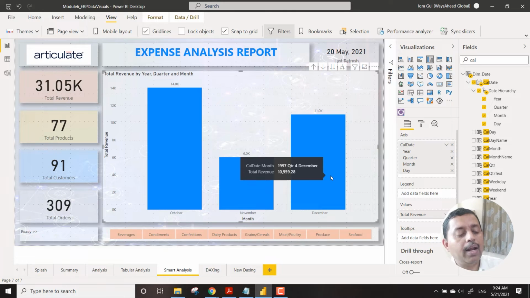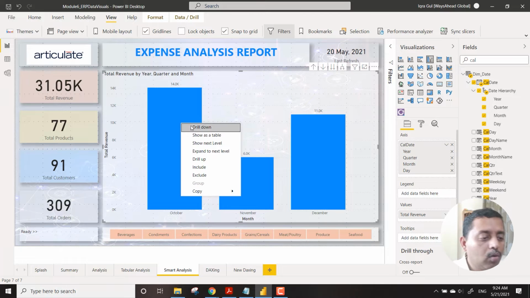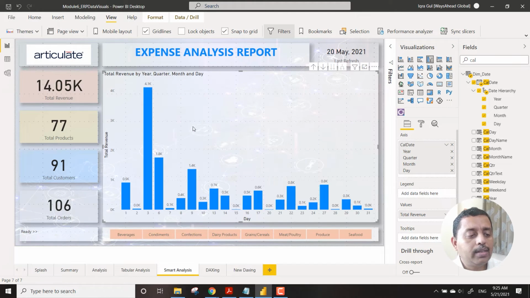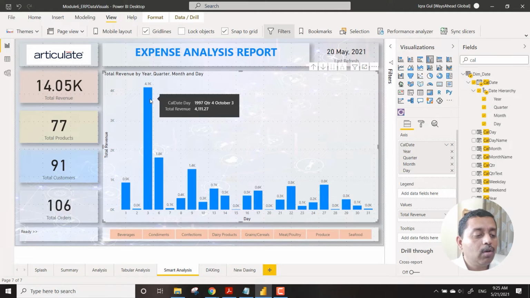From year 1997 we are into quarter, and under the last quarter we see October. Under October, we drill down and see that the highest revenue we got was on 3rd of October. So this is one type of understanding the data.